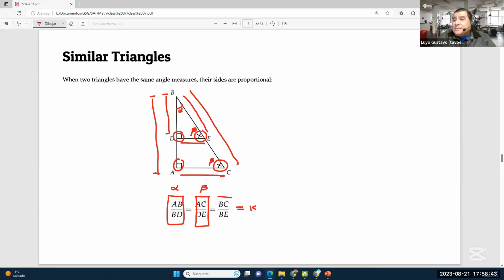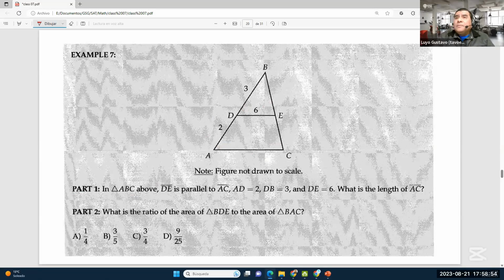And here is the proportion or the ratio of those opposite to 90 degrees, to the right angle. Okay, that's the point. So let's keep going. There is a part 2 to this question. Same figure, but now you see this question here. So how do we do